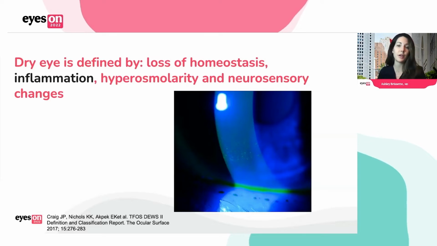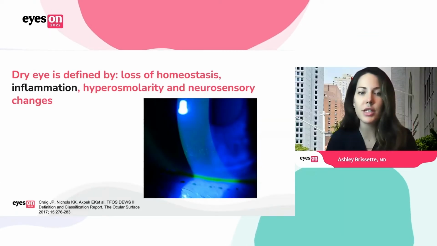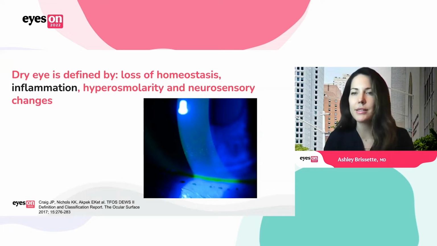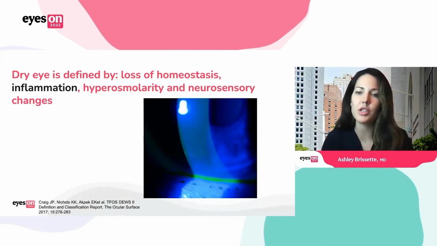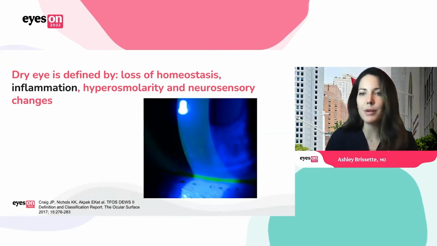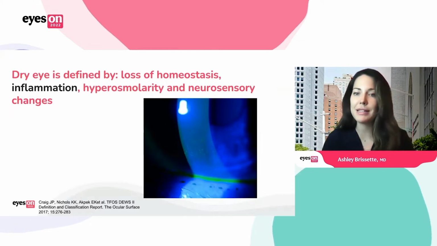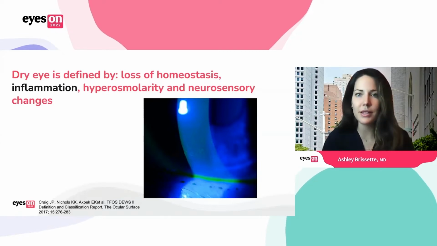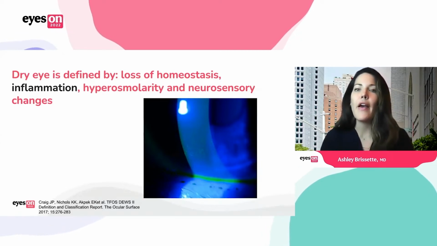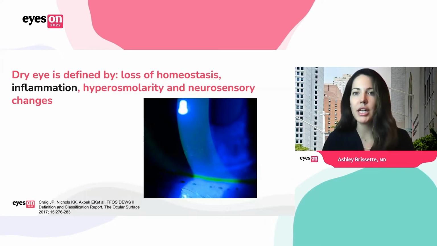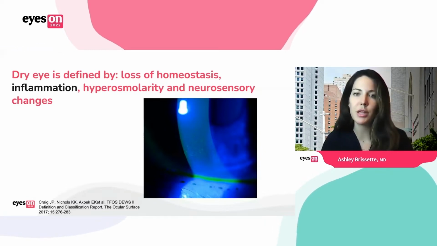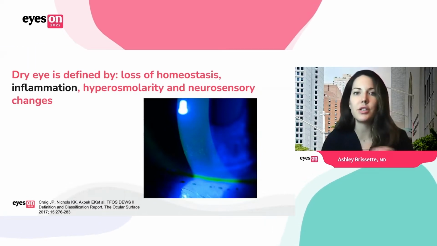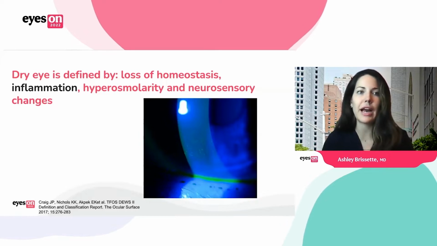And then lastly, the neurosensory changes is something that's becoming more important to start to understand about the pathophysiology of dry eye disease. You know, we always talk about these patients that are pain without stain, so they don't have any signs of dry eye disease when you look under the slit lamp, but they're complaining bitterly of discomfort of the ocular surface. And that's often due to chronic inflammatory changes that can change the nerve structure within the cornea. So the neurosensory changes did become a part of the definition of dry eye disease.